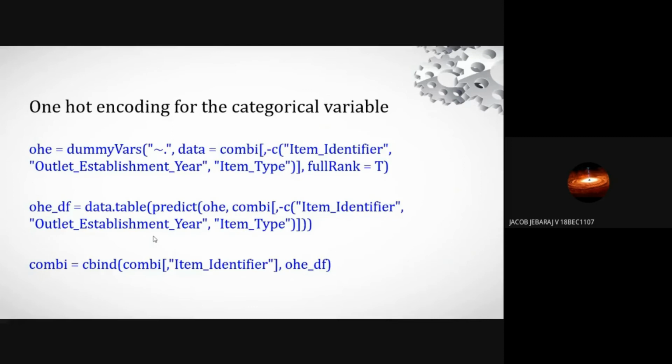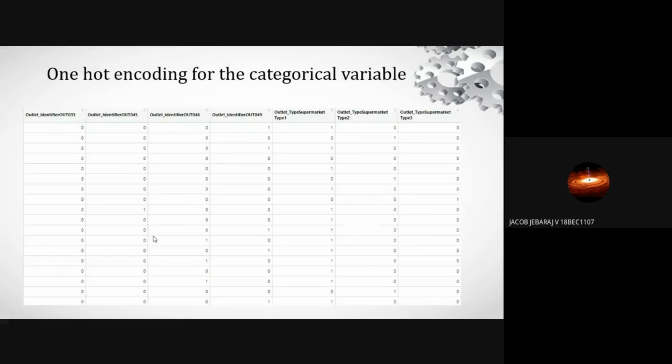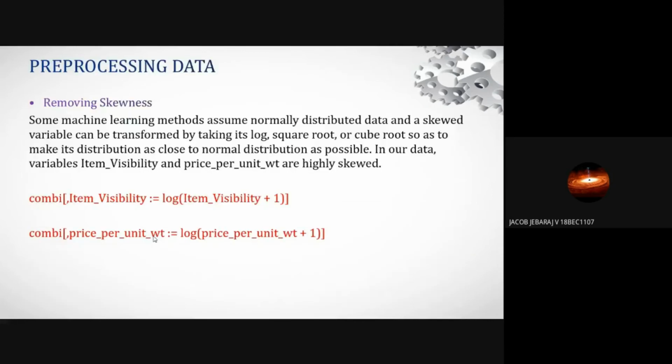Yeah, this is one-hot encoding. We have applied one-hot encoding for the categorical variables. We have created all new different columns, and we have created a binary classification using 1s and 0s. You can see the outlet years of operation, and so on, is a binary classifier. We can keep 1s and 0s. Next, Keshav will continue the preprocessing.